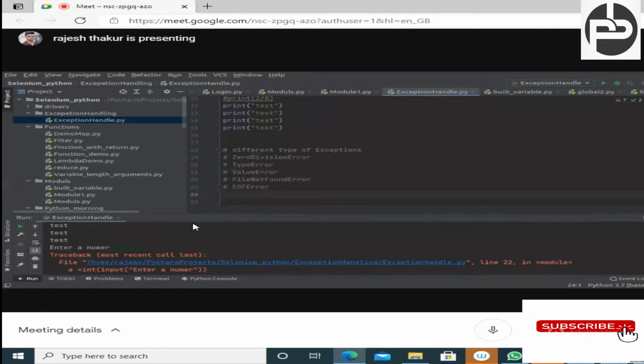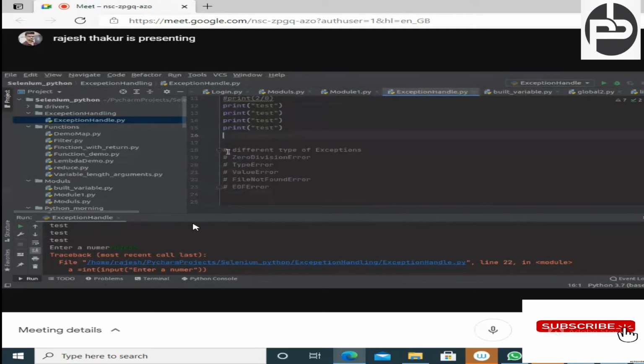Here, no, that kind of exception for sure. Now, how to handle the exception? In order to handle the exception, in case of Python, what is that? In Python, we have a try catch block. Here also it is the same. Here the try and except block is there, right?